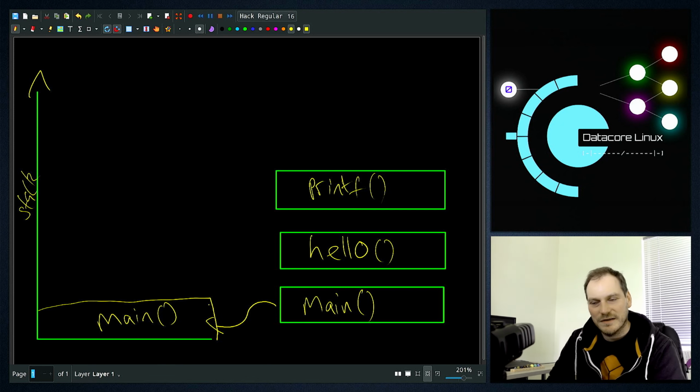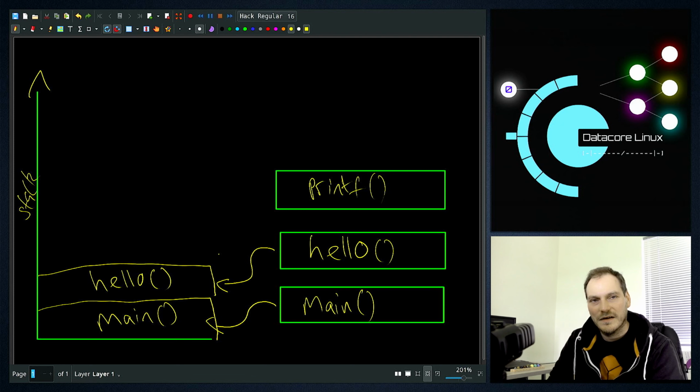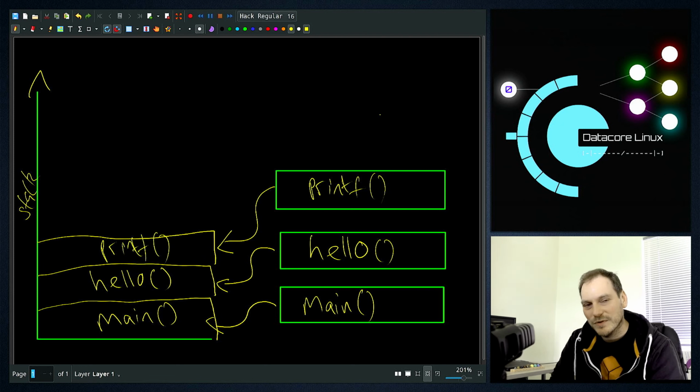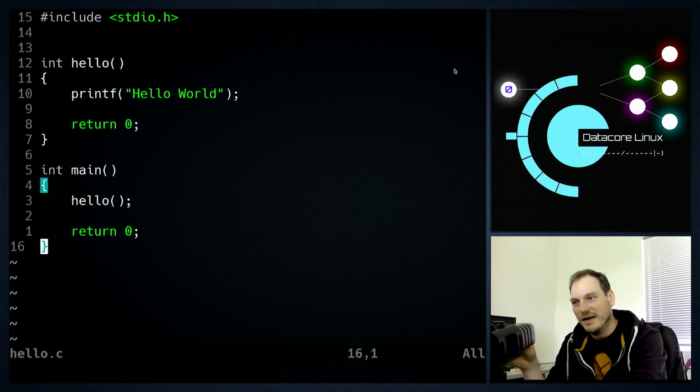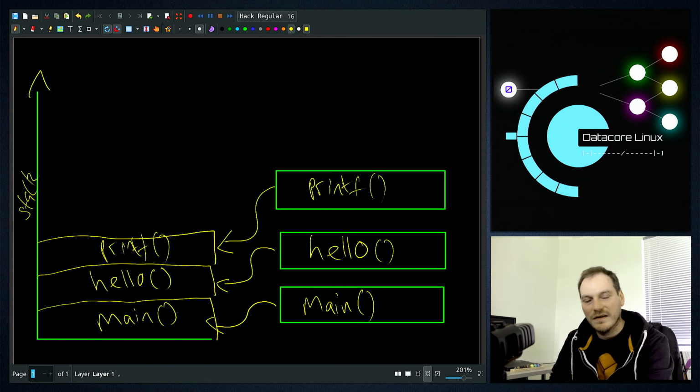So the first statement that is encountered in the main function is the hello function. So the hello function is loaded onto the stack. And in the hello function, we encounter the printf function as the first statement. So the printf statement is loaded onto the stack. And the printf function outputs to the standard out whatever we've got in our hello world text, and then the